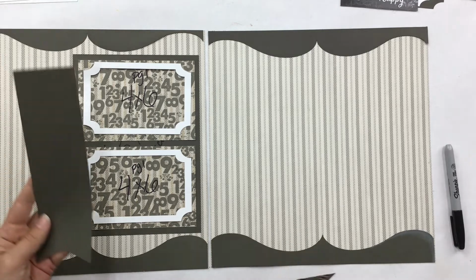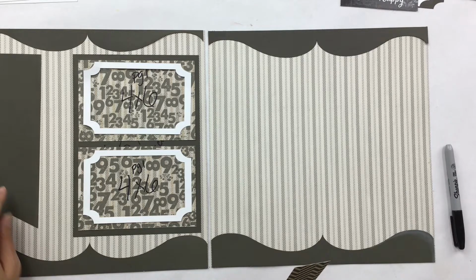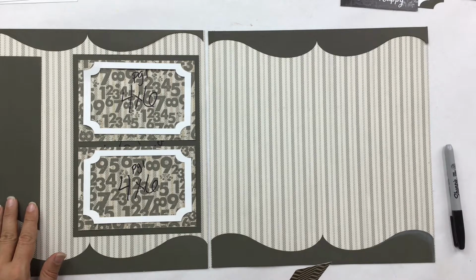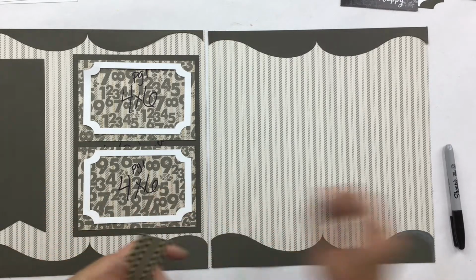And there is a piece that came out of your die cuts. This goes about 1.5 inches from the top and 1.5 inches in from the side. So you center it in between here. Your